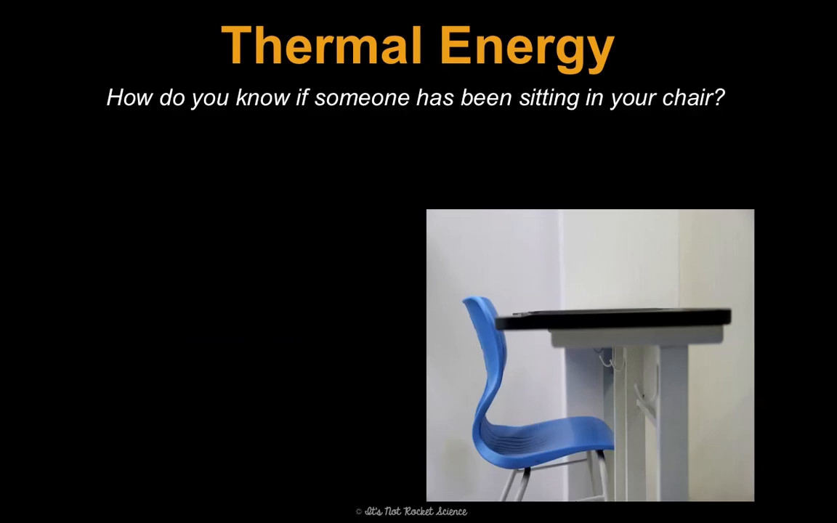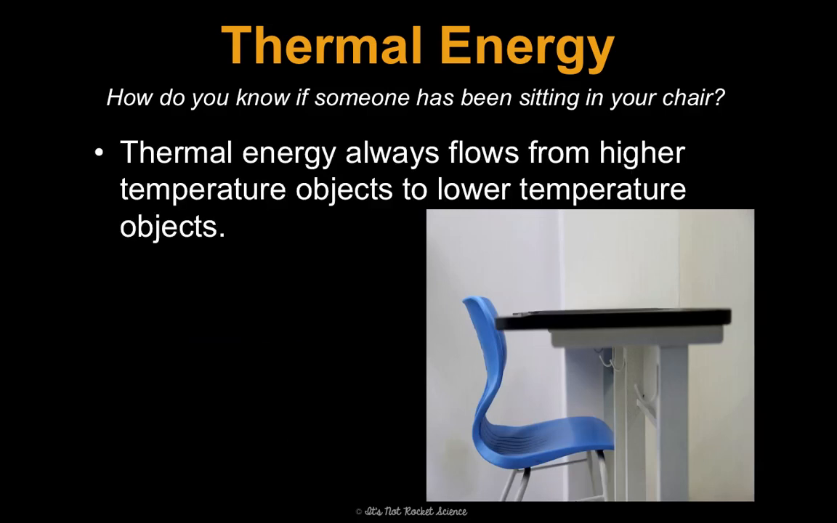So, when you come into the classroom, how do you know if someone was sitting in your chair before you? Well, it feels warm. And that's because thermal energy always flows from higher temperature objects to lower temperature objects. So, if someone was sitting in your chair, they have a higher temperature in their body than the chair does. So, heat or thermal energy flowed from them into the chair, and then thus you feel it when you come